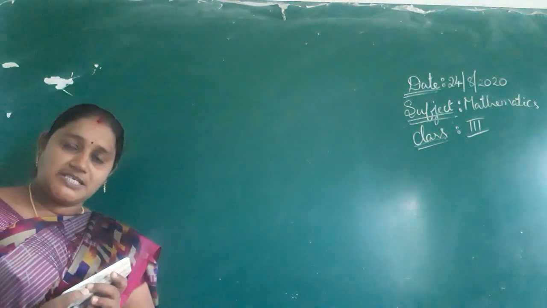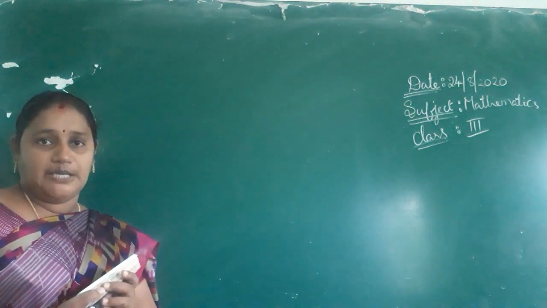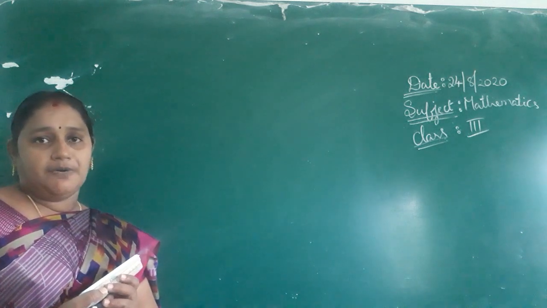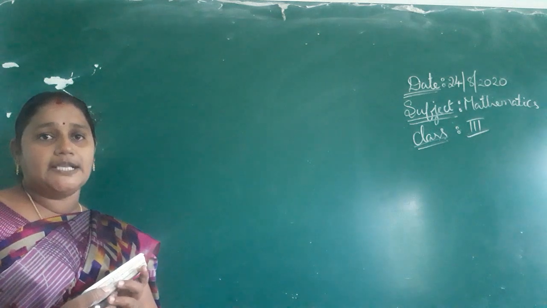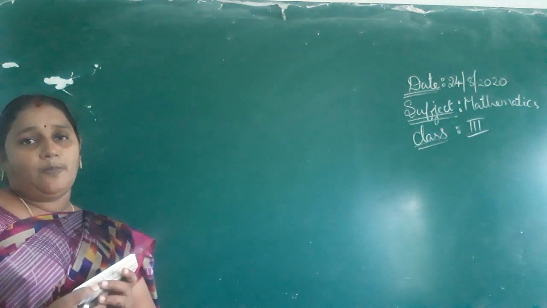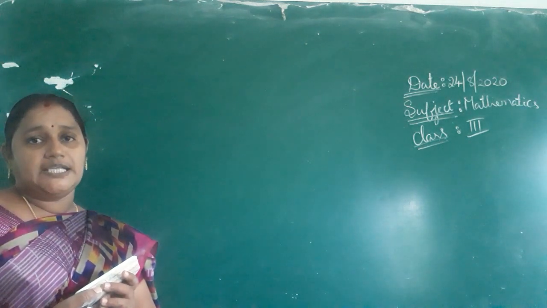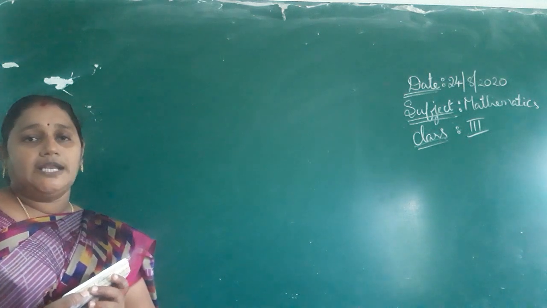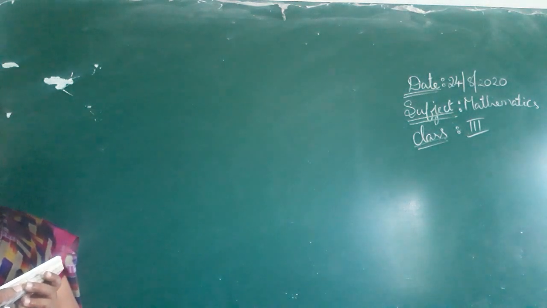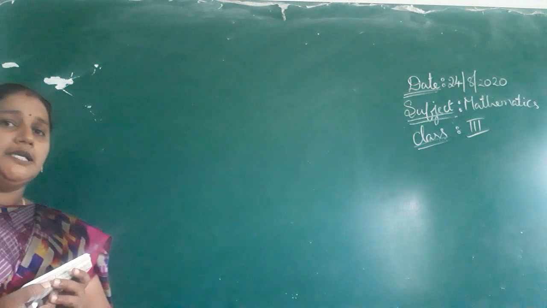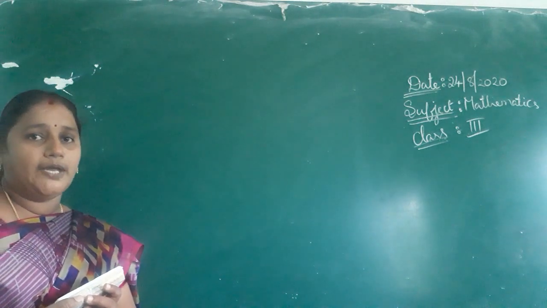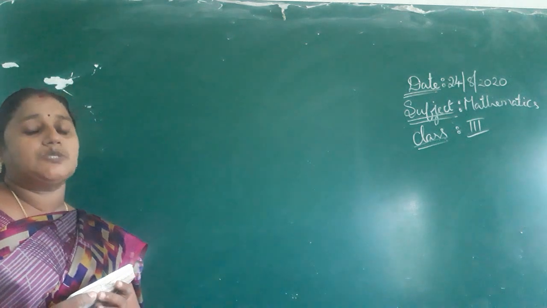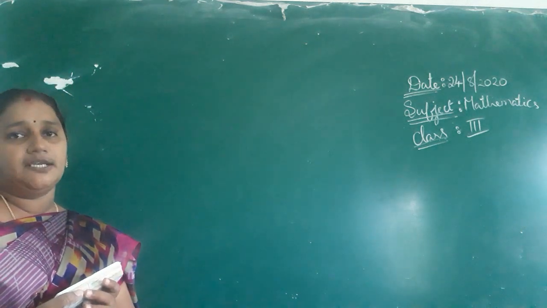In the previous session, we learned how to write the number name if they give the number, and how we can split up the number, that means break up the number and say the number having how many thousands, how many hundreds, how many tens, and how many ones. Like that, we learned the expanded notation and how to write the number given the number name. The three models we completed in the previous session.